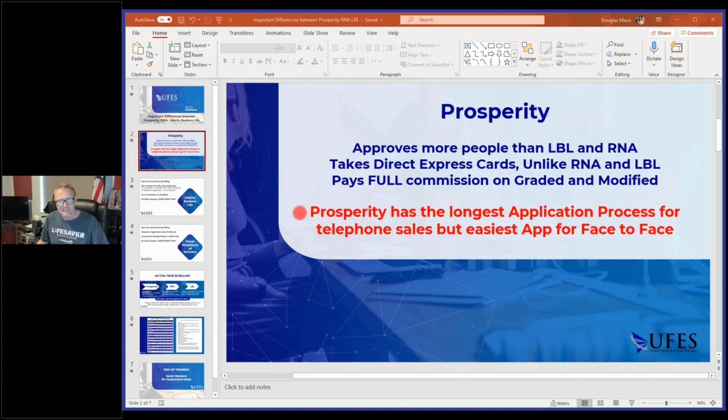So just keep that in mind. But also, with Prosperity, they're going to pay that full commission on the graded and modified. And I said this, no one else is doing that. But the give and take is this, and this is important, guys. Prosperity,